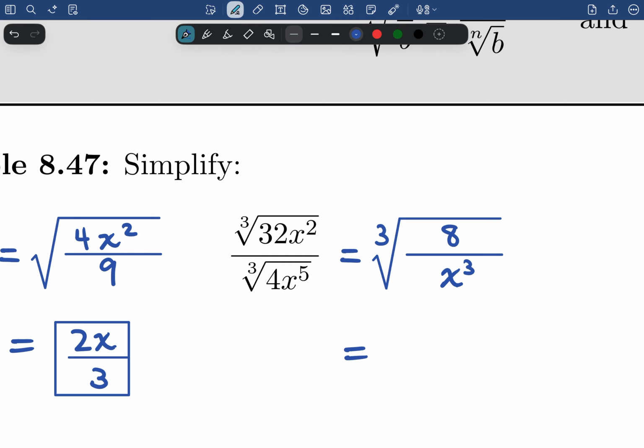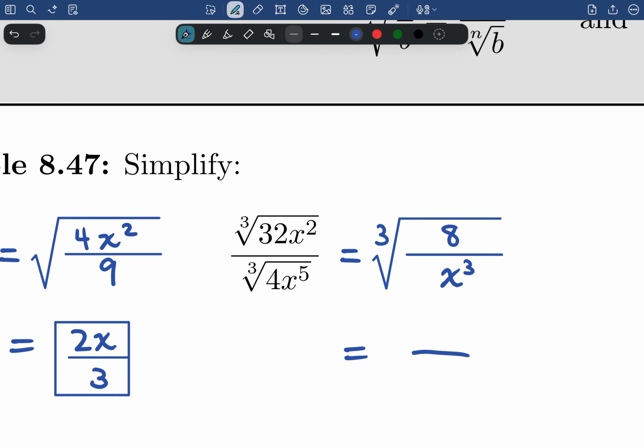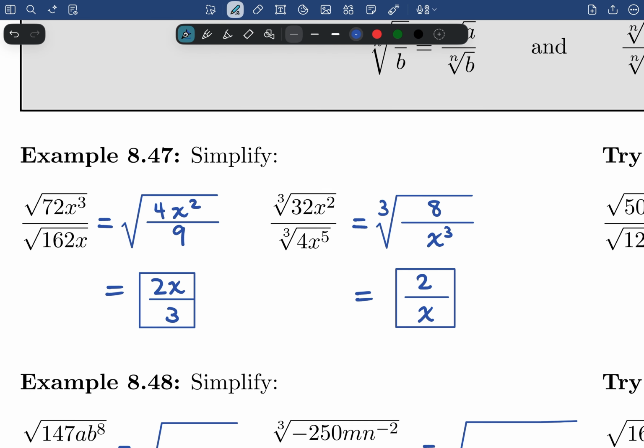And I can take the cube root of the numerator stuff and write the result, and then take the cube root of the denominator stuff and write the result. And the cube root of 8 is 2, and the cube root of x cubed is x. Done. Moving forward,